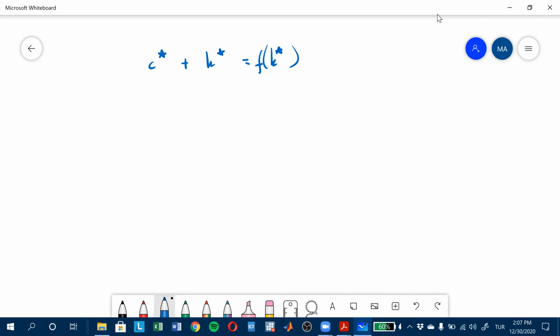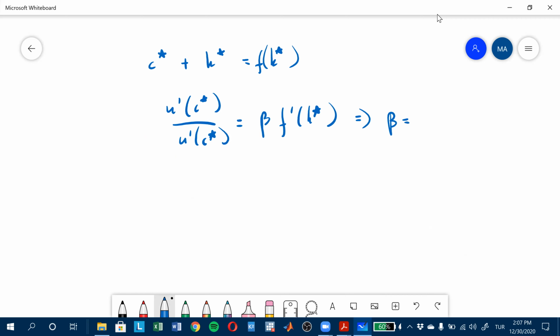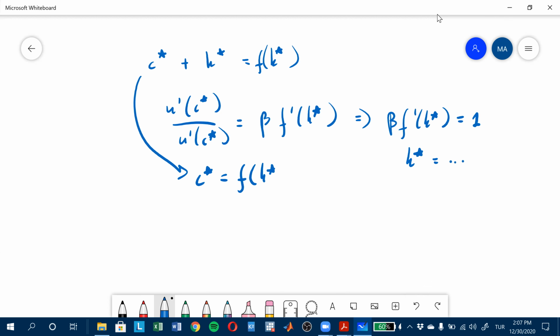Forget about lambda for a moment. So you have u prime c star divided by u prime c star equals beta f prime k star. So here in this equation, you have beta f prime k star equals 1, right? So this tells you k star. Then if you know k star, the first equation tells you what c star is. Okay, so that's how you solve for the